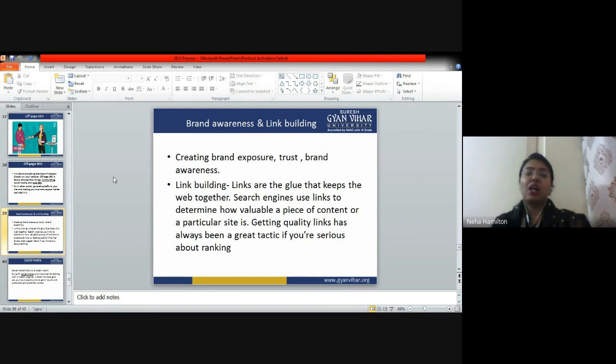Because it is the highest authoritative website. If they are writing an article, they will either link it with a government website or with a big corporate's website or with anything which is more authoritative. So, link building becomes very difficult with authoritative websites because of the quality of the links, right?